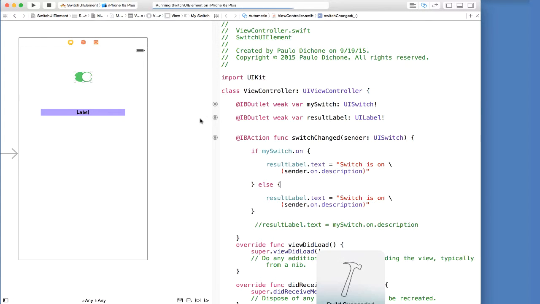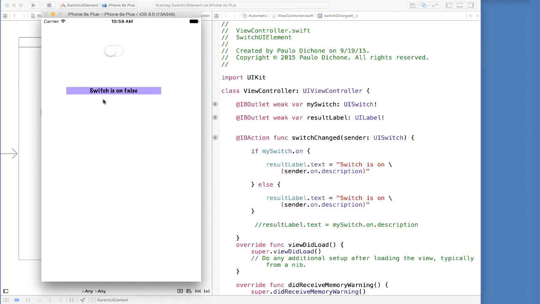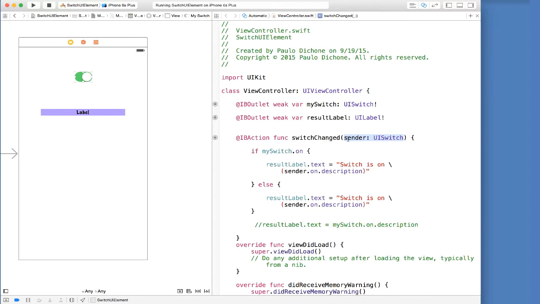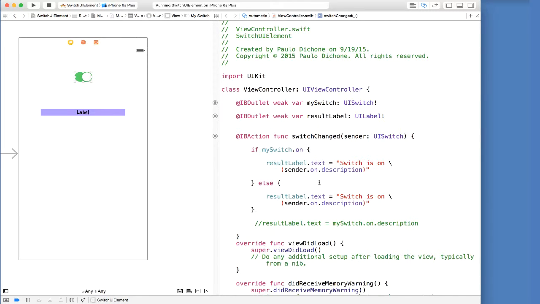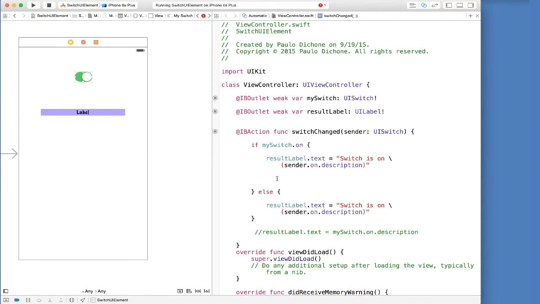You will notice that the app will still work as if nothing has changed. Okay, let's try it. Okay, switch is on false, switch is on true. Still working. All right. And again, don't worry too much about functions and this parameter thing here. We'll talk in more detail later. Okay, so great. Go ahead again and play around with this concept here. Definitely you can go ahead and change the text to say something else other than this, right? All right, so go ahead and play around with this concept and I'll see you in the next video.